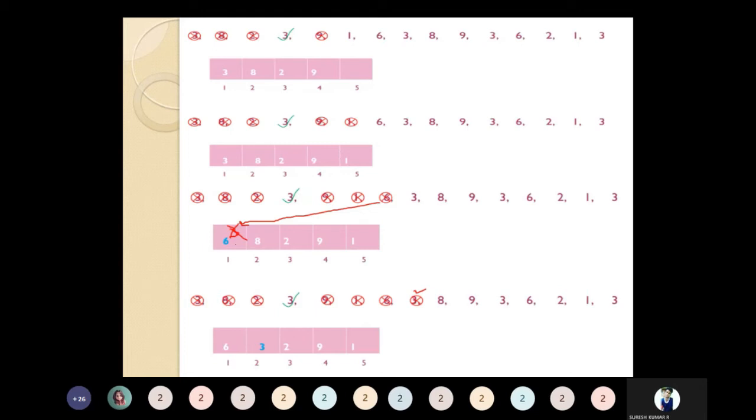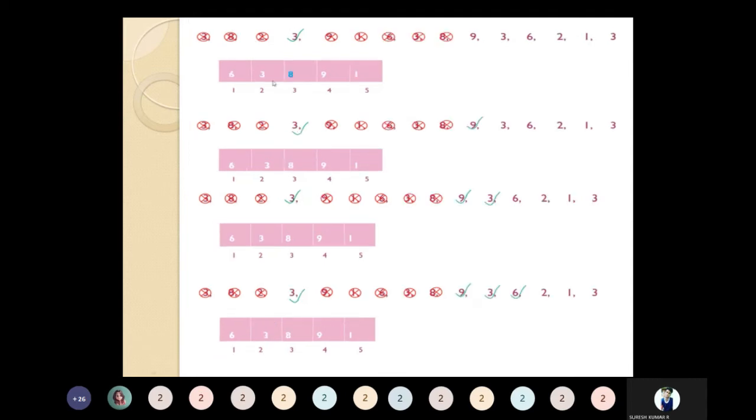Here I look at which one was inserted first. 6 was only just placed here, so after this, this 8 was placed initially. That is the first in first out order. It was placed in the initial stage, so this 8 will be replaced. 8 is replaced by this new page 3. Next, look at the next page, that is 8.